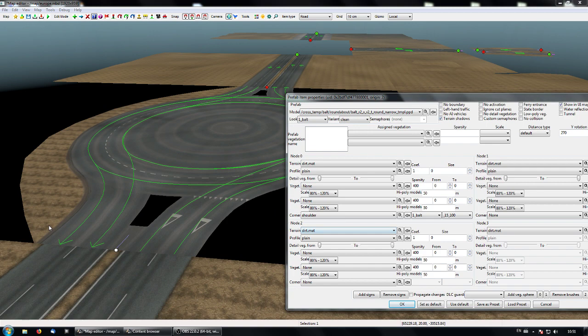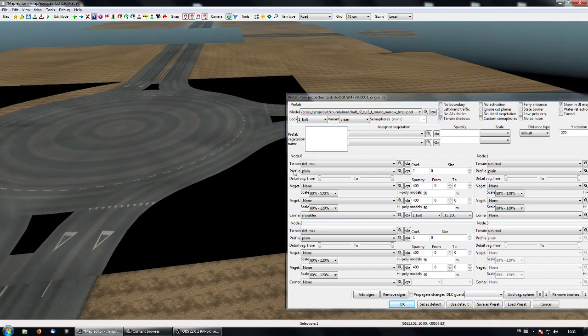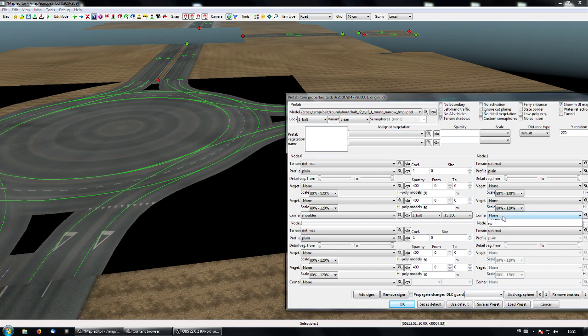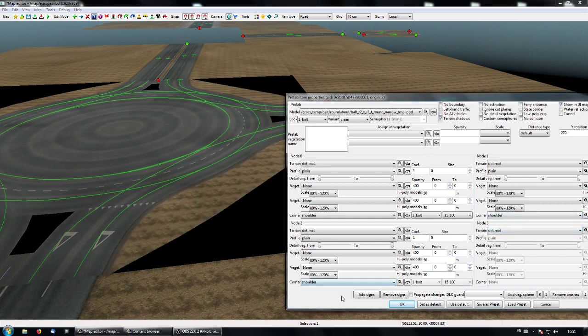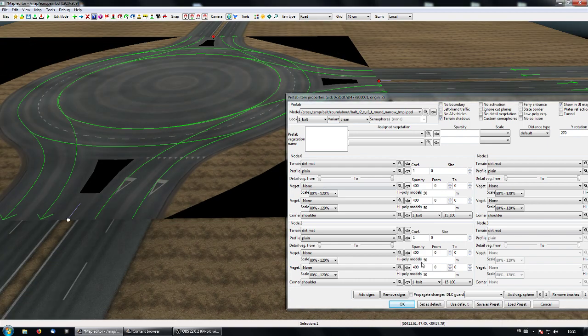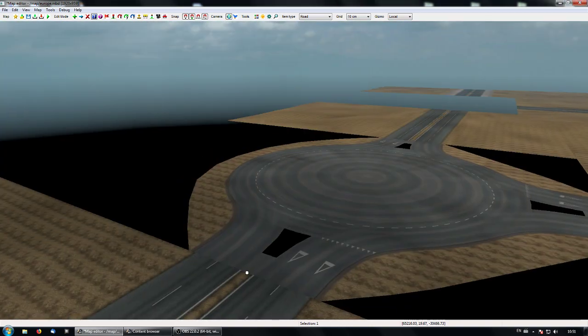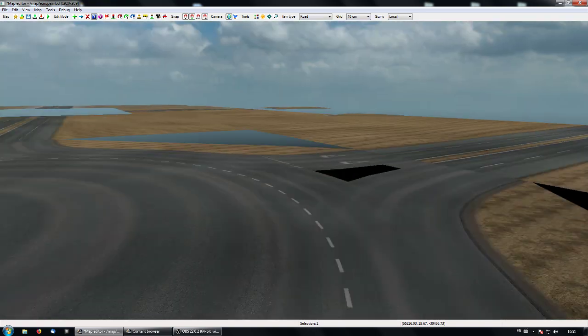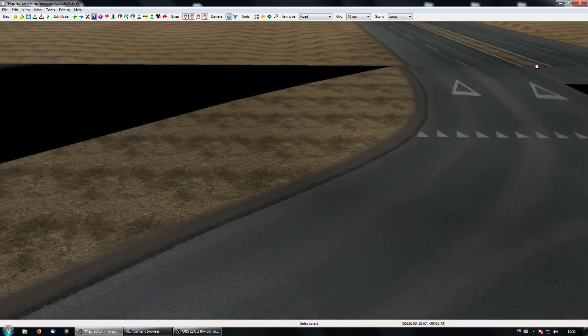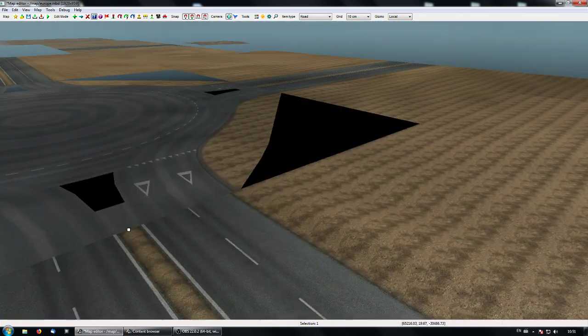Shoulder, it's here, you see it's already added a side, shoulder and shoulder, and now your roundabout has this shoulder,